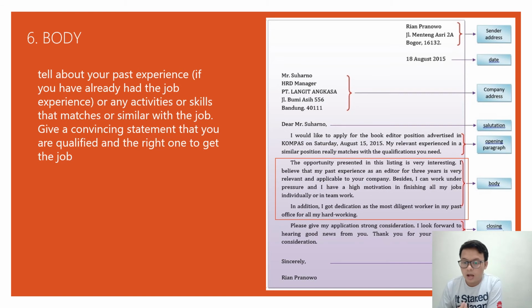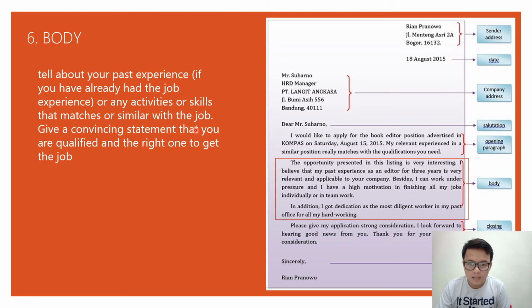For example, "I have a high motivation in finishing all my job individually or in teamwork," which means that his skill to work individually or in teamwork is a plus point for him. Or in addition, "I got dedication as the most diligent worker," which means that he has been considered the most diligent worker in his past job, which is very effective to show that he is a diligent worker. That's why in the body